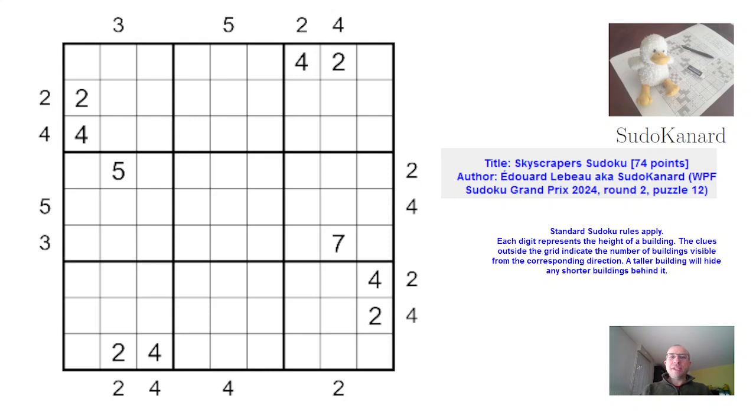We're here to solve this Skyscrapers Sudoku that I created for the recent Sudoku Grand Prix. And the special rule with Skyscrapers Sudoku is that the digits are interpreted as the height of some buildings, and high buildings hide the smaller